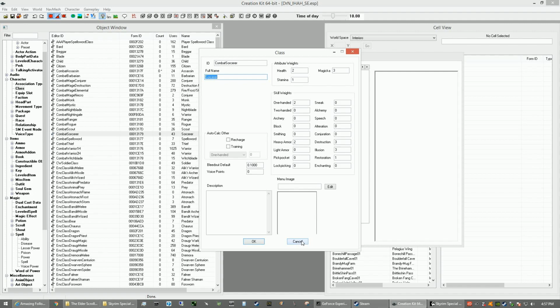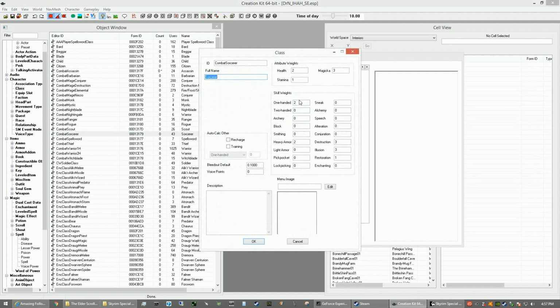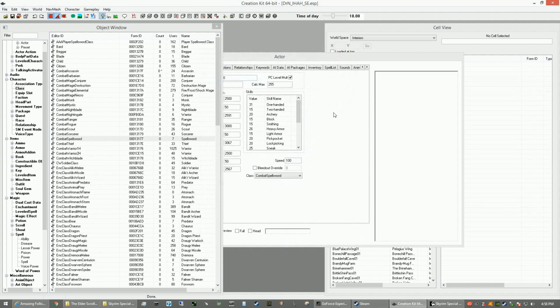So, I changed him to Combat Spell Sword because, see this bonus here to his one-handed and heavy armor for his original Sorcerer class. It was like, well, that makes him a spell sword then. If he's got decent melee and can wear heavy armor and cast destruction, that's a battle mage, spell sword type thing. So, sure enough, found a spell sword. Which has a higher bonus to one-handed, same bonus to destruction, bonus to restoration instead of illusion, same bonus to heavy armor, or better. So, hey,